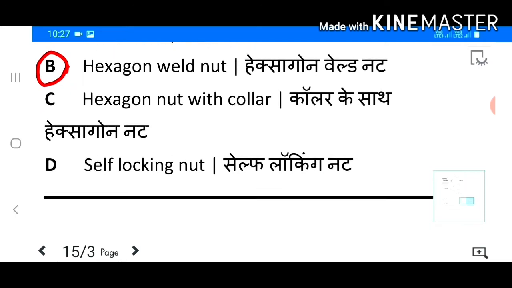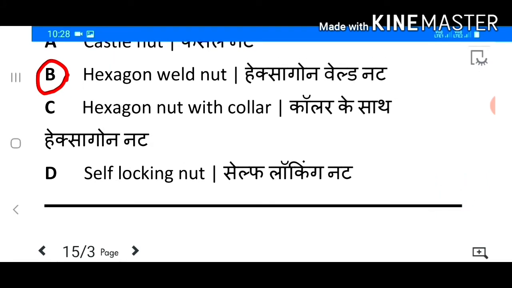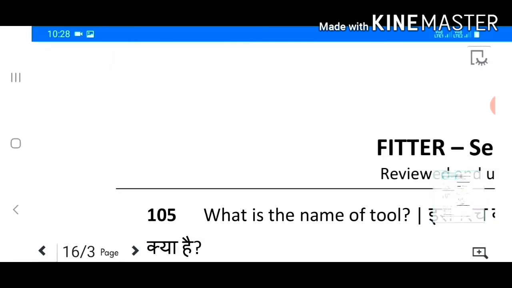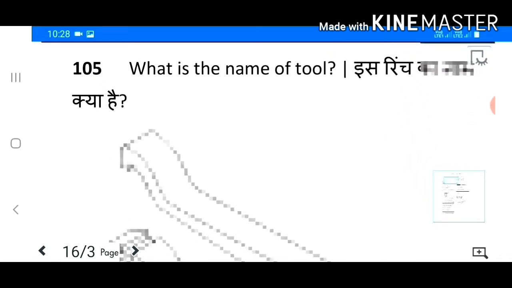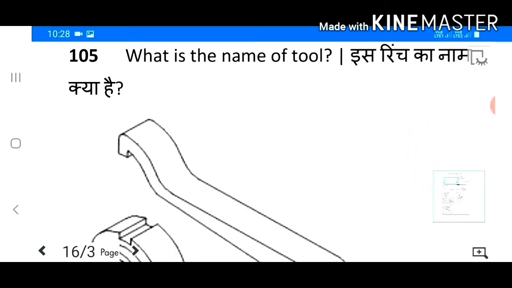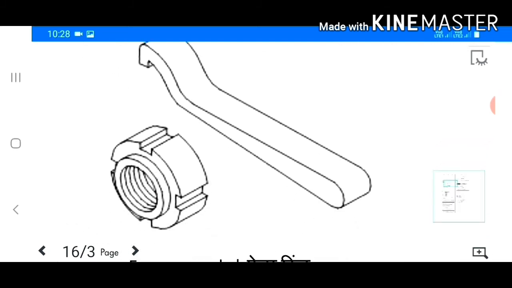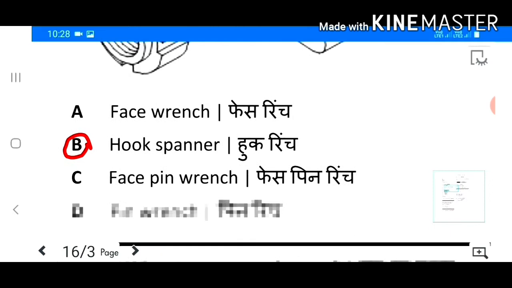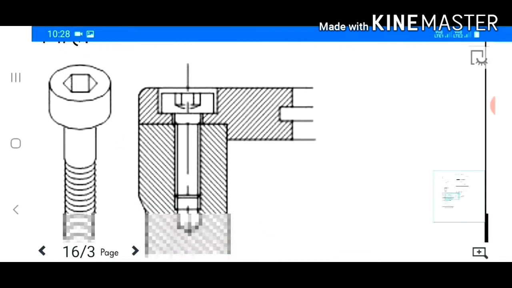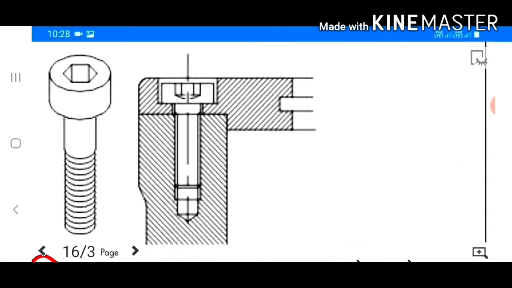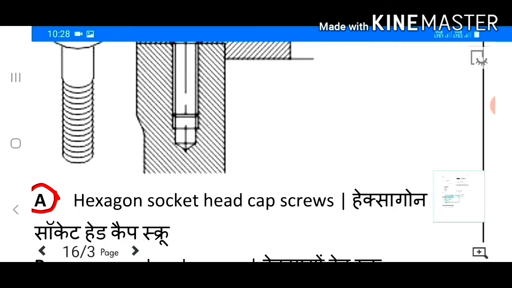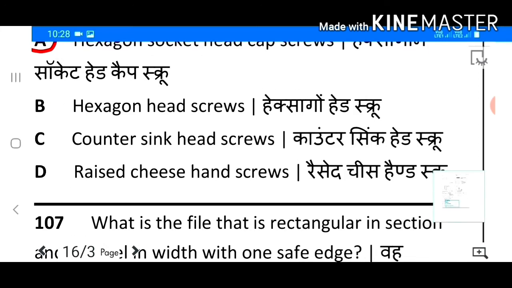Answer B. Hexagon weld nut. 105. What is the name of tool? Answer of screw. Answer A. Hexagon socket head screws.